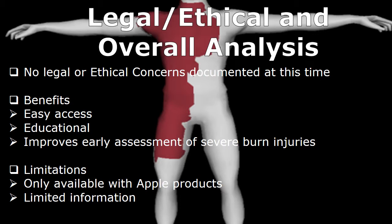At this time, there is no documentation on the legal or ethical concerns with the BurnMed apps. BurnMed is a part of the Johns Hopkins Global mHealth Initiative to help train healthcare workers around the globe. Its benefits of easy access to up-to-date information, educating medical students, trainees, and physicians, and improvement of early assessment of severe burn injuries are features that drove this app to be a finalist for the 2012 iMedical Apps in Medicine 2.0 mHealth Award. The limitations with BurnMed: